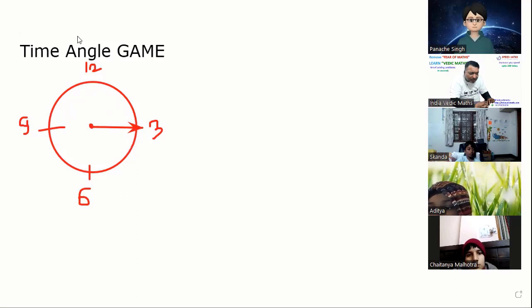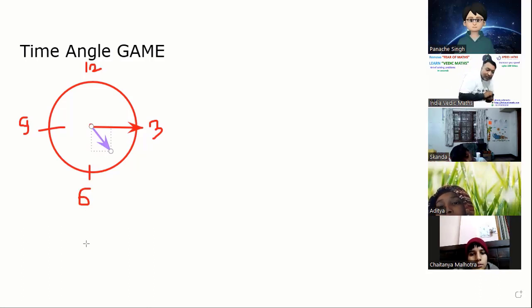But at 3:50, what happens, Chaitanya, is, let me use a different color. It will not be here. It will be till here, right? Because 3:30 it goes here or not? So 3:50 will be somewhere here, agree? So it is not 0 degrees. But it will make 0 degrees only at 12 o'clock, midnight and 12 noon, right? Cool, everyone?